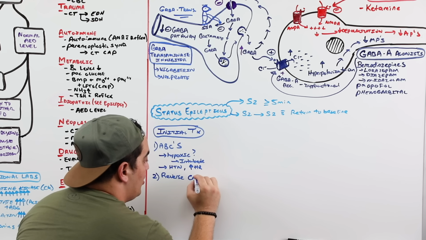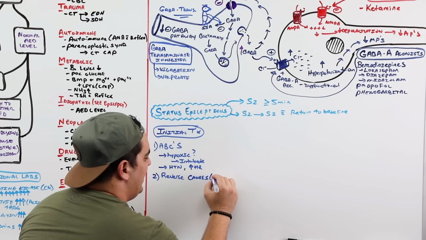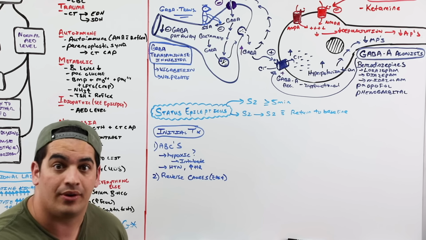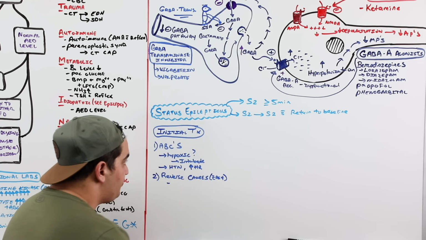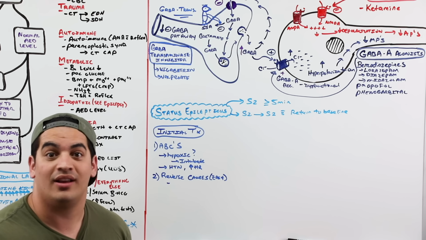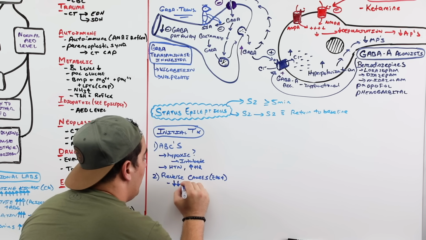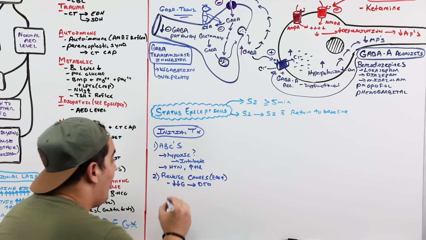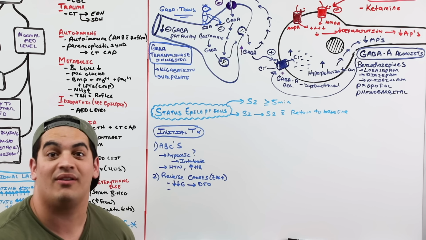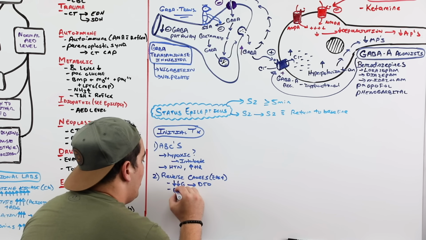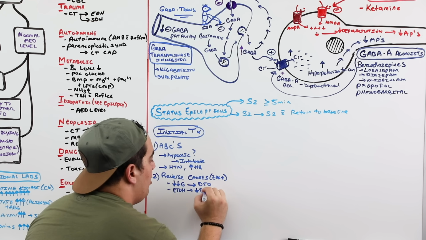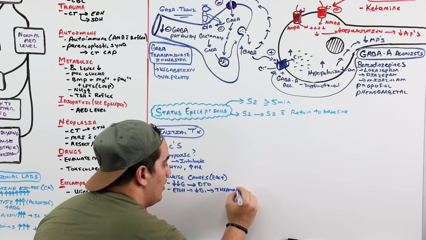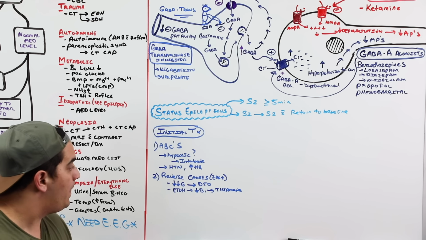The second thing is you need to reverse the actual causes. So easily reversible causes. Let's put easy ones, ones that wouldn't take a lot of investigation, things that we can quickly figure out. So what if the person comes in, you get a quick point of care glucose, and they have hypoglycemia. What do I give for hypoglycemia? I give them D50. What if they come in and this person has a history of alcoholism? That leads me to think vitamin B1 deficiency. I give them thiamine, an infusion or a bolus, if you will, okay?